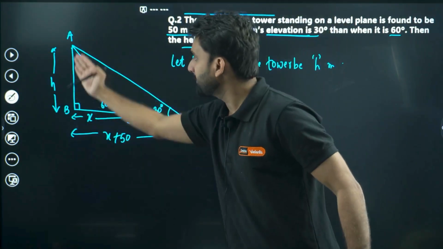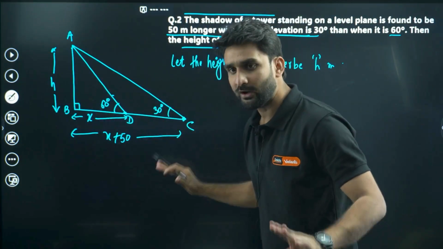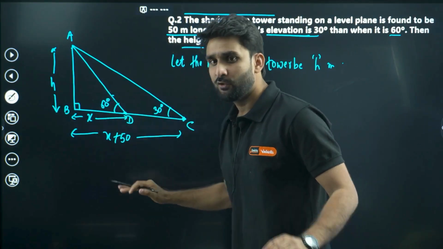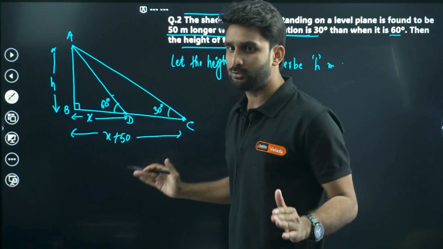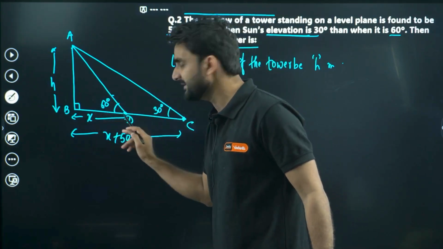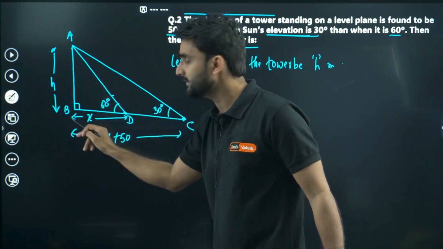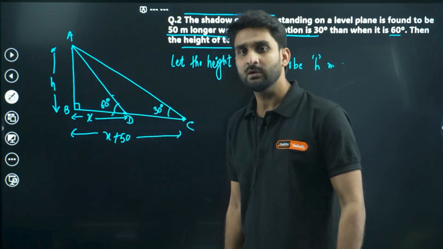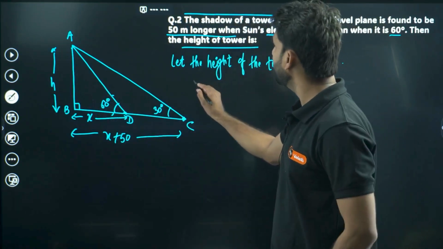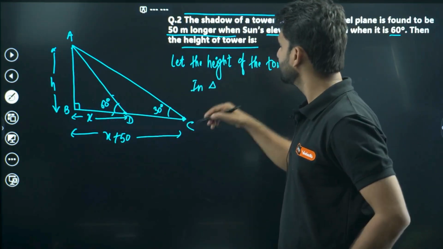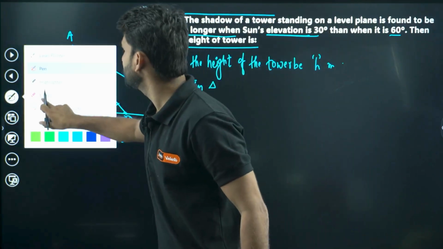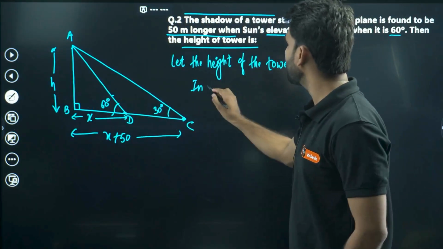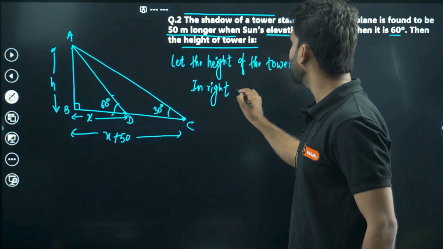The height, the perpendicular, has to be found, because whatever we implement here, we have to keep the angle in consideration, because we have to do everything according to the position of the angle. So for this 60 degrees, this will be the base, and for this 60 degrees, this will be the height. Base and perpendicular, the relationship of base and perpendicular is in tan theta. So I'm solving here in triangle. To make the solution more impressive, we can mention here right angle triangle, so that the solution will be more impressive. So in right angle triangle, in right angled